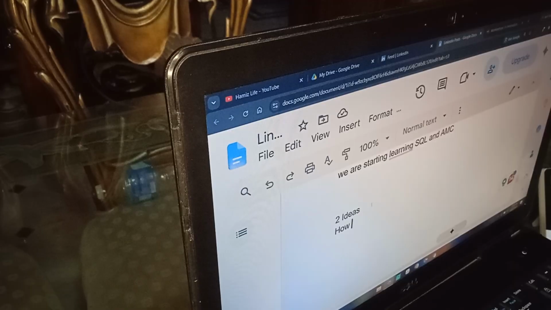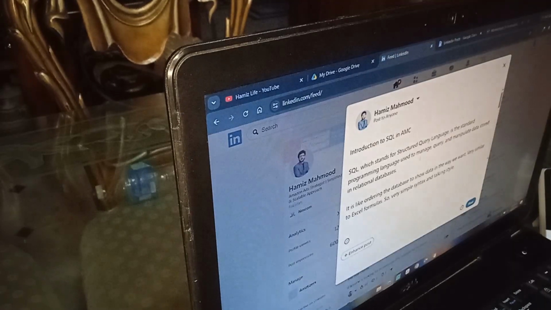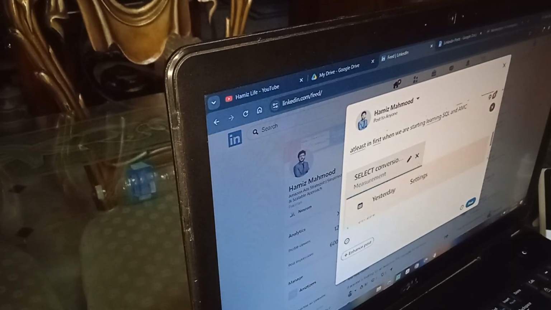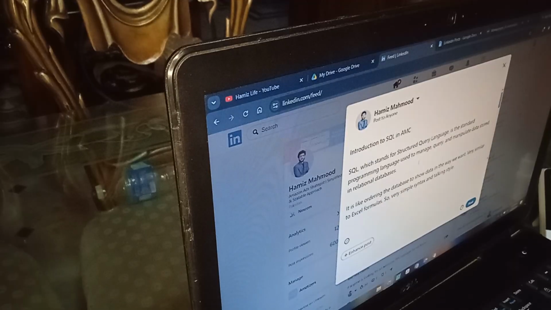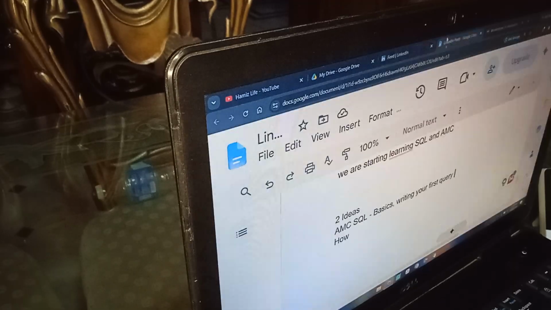So the first idea that I was already working on was AMC SQL basics, writing your first query. That is already in progress, and you can also see the screenshot and the draft on my LinkedIn. So I will be writing it first, and then after that I will be working on